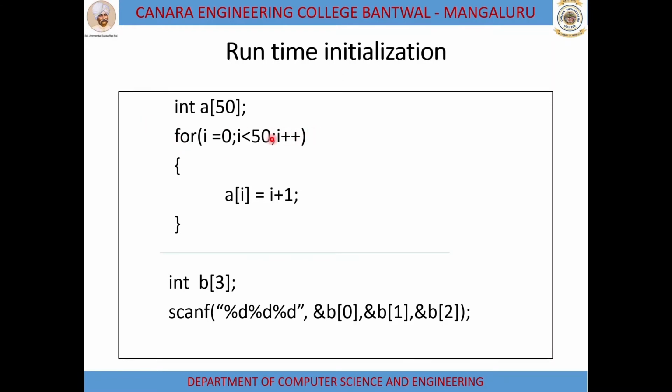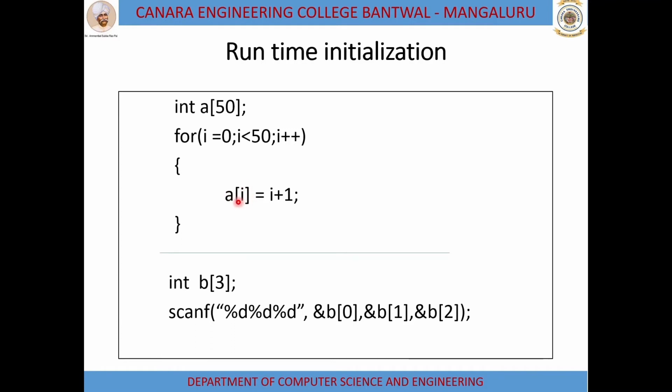So the same task of accepting the elements or initializing the array can be done for a specified number of times. So here 50 elements are there. Array always starts with 0 till n minus 1. So i equal to 0, i less than 50, i plus plus. That is the for loop I have given. So initially i value will be 0 and 0 is less than 50 is true. So control will come inside the for loop. Now a[i], that is the first element, a[0] equal to i plus 1 I have given. So the first value I'm going to store in the array, i is 0, so 0 plus 1 is 1. So the first element will be 1.